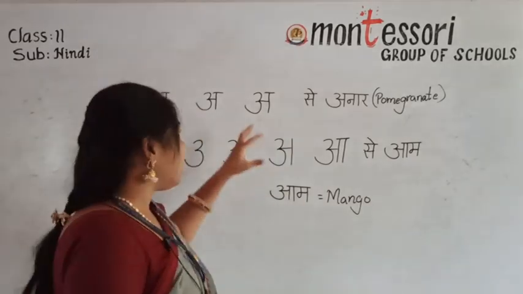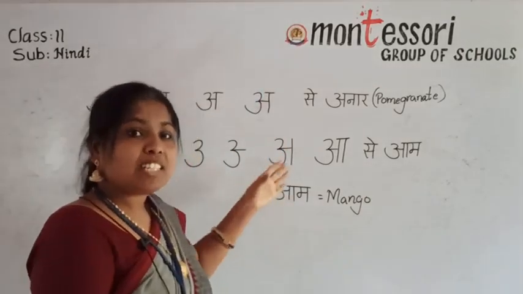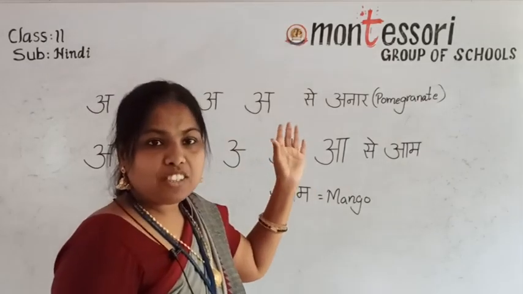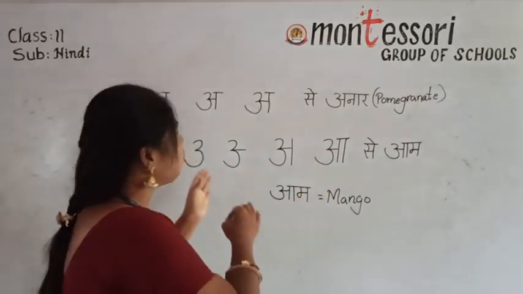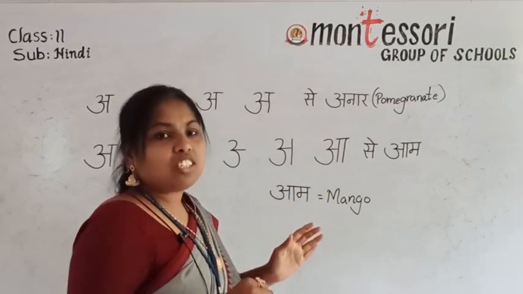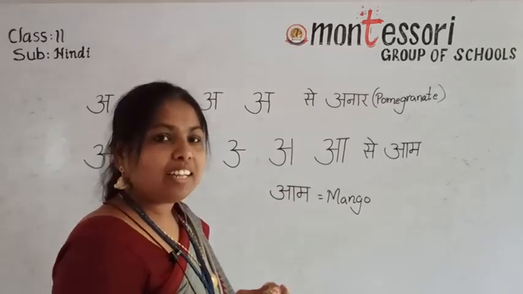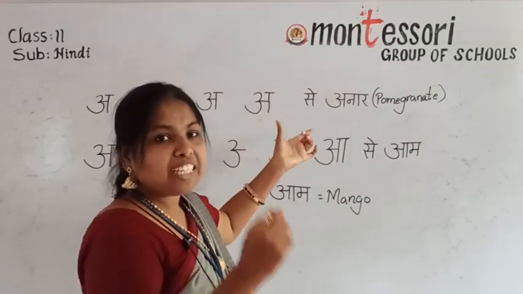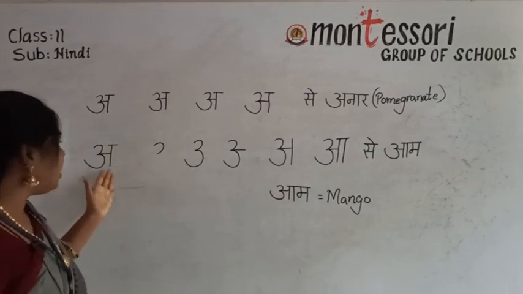If you write 5 times, then you learn what the letter is, what the steps are, and how you are going to write it. While writing, you have to read and write. Say the letter and write. If you say and write 5 times, you learn the letter and the word also. You learn the pronunciation of the letter and how to write it. Understand, children? That's why I am showing it in steps.